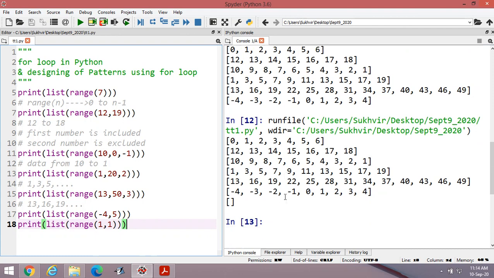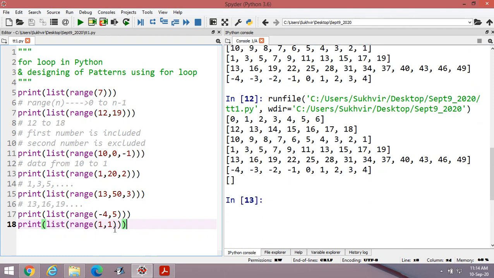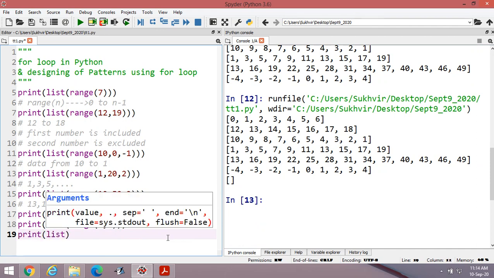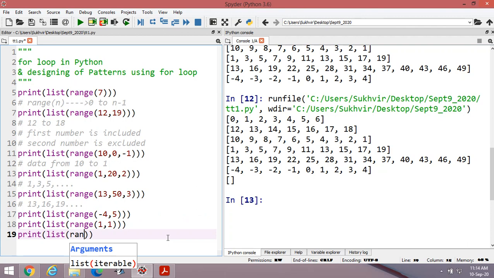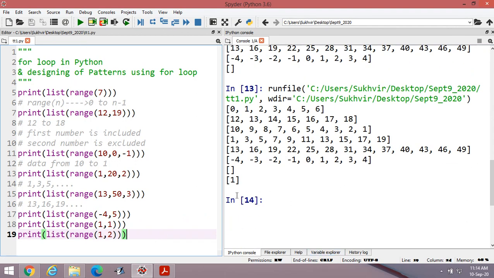Nothing is there because there is no item. Suppose I write print list range from 1 to 2. That means I can print only 1, because the second value is excluded.